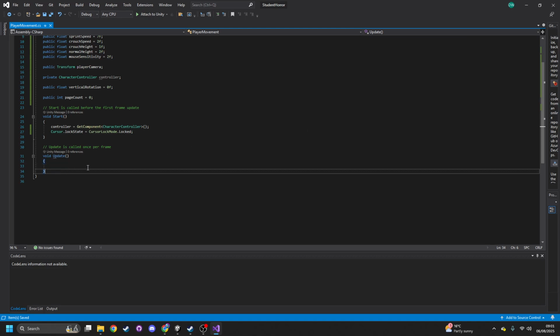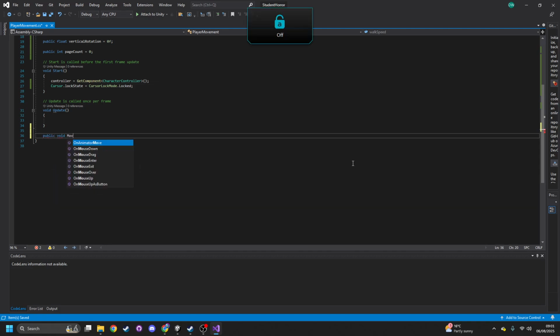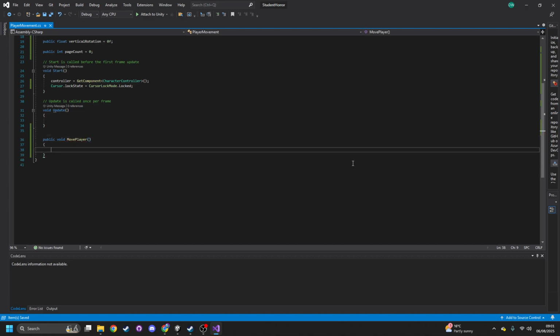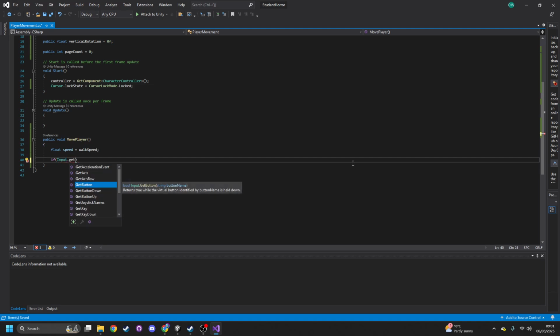And then what we need to do is we need to start creating some functions. So we're going to start with public void MovePlayer. Now functions are like where you're going to call most of your scripting. So we're going to do float speed equals walk speed. So to start off, that will be the speed of the character, and then what we need to do is start putting some if Input.GetKey,